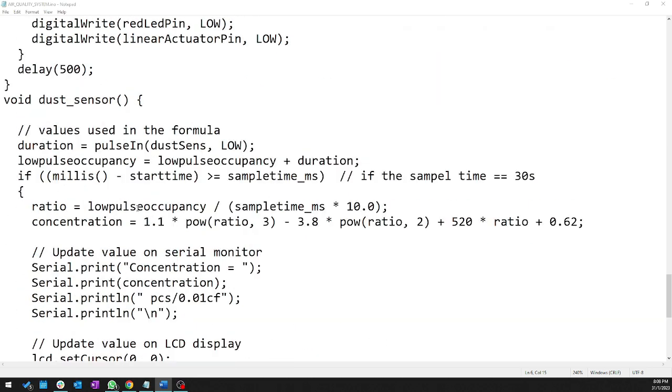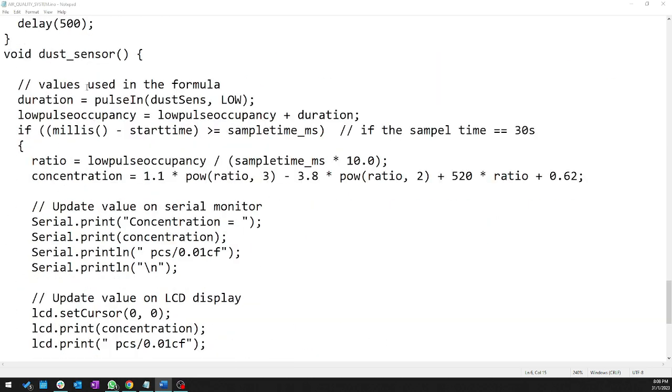Okay, go to the dust sensor. For the dust sensor, this is the formula. This is to detect the surrounding dust concentration. When we save it over here, the duration, then the low pulse occupancy, we set it as 0 previously, so it will add on with the duration. Okay, so to calculate it,